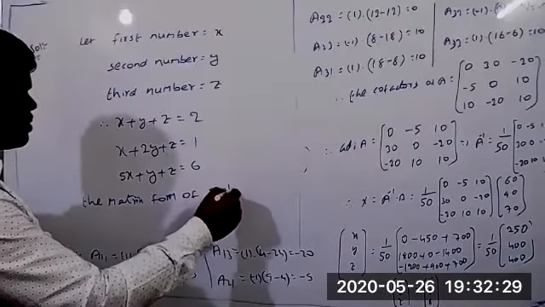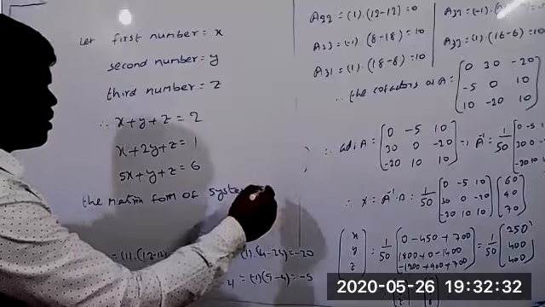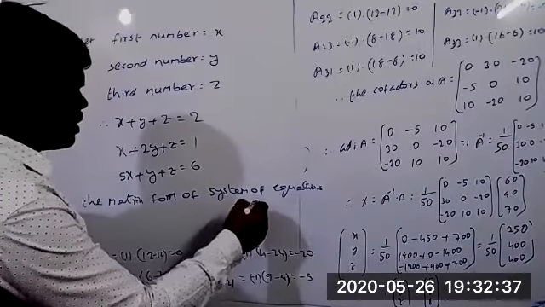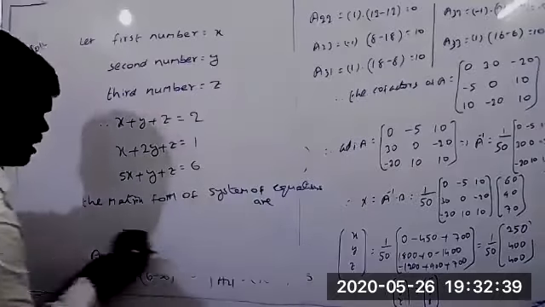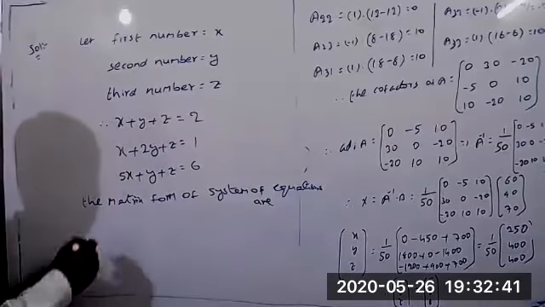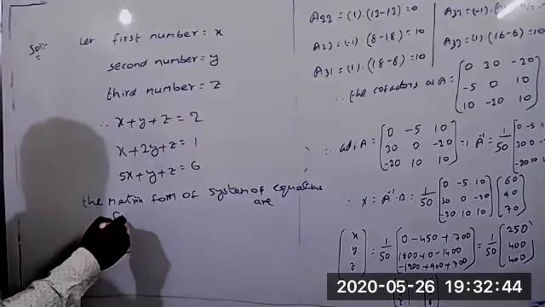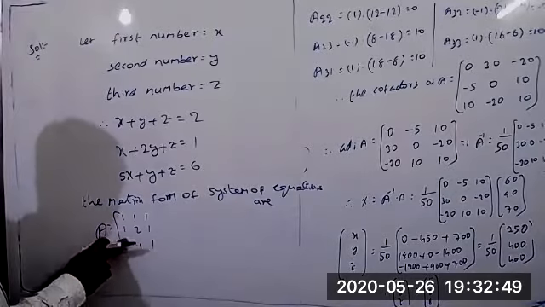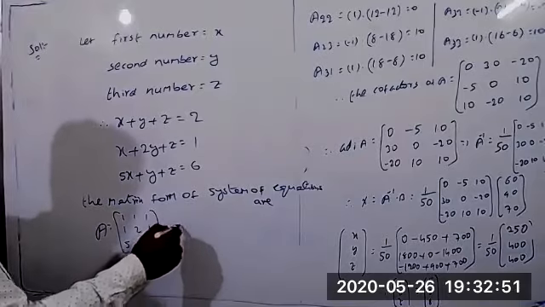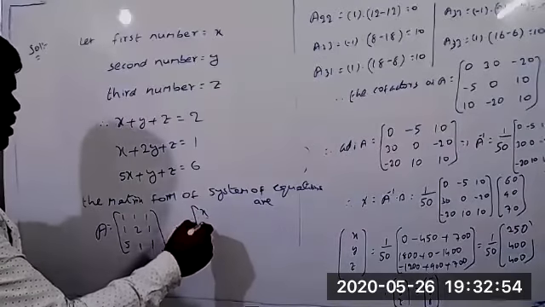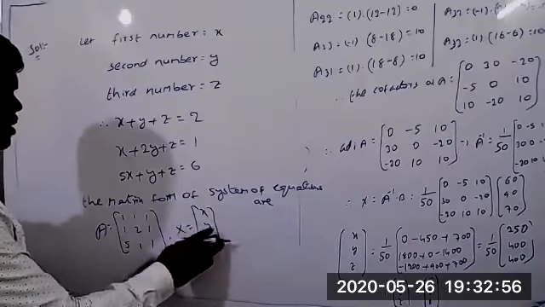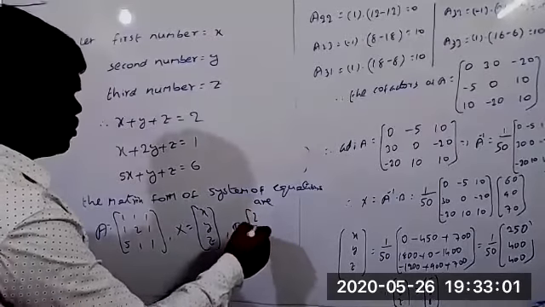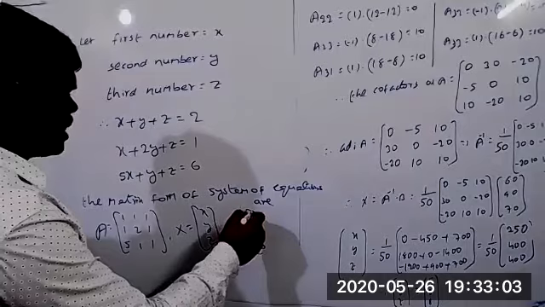system of equations. We can write the matrices here. The matrix A equal to how much? The matrix A equal to 1 1 1, 1 2 1, 5 1 1. And X equal to the three variables we have, that is the first, second, and third number, three different numbers. And matrix B equal to 2, 1, and 6, because first sum of three numbers equal to 2.